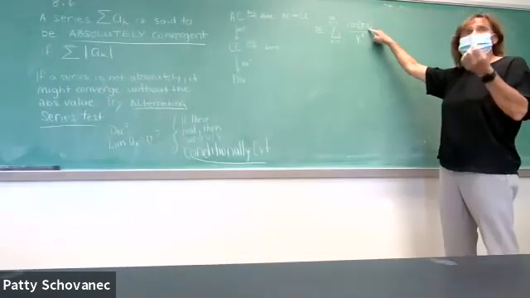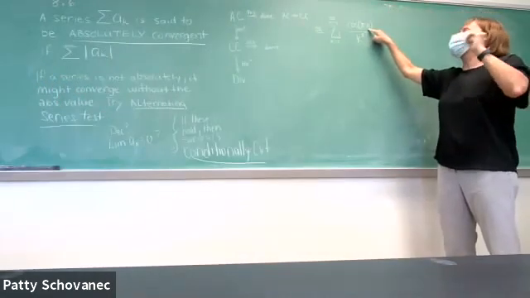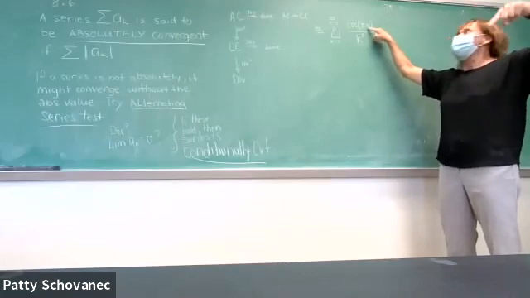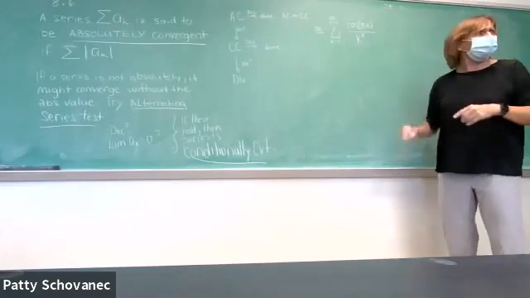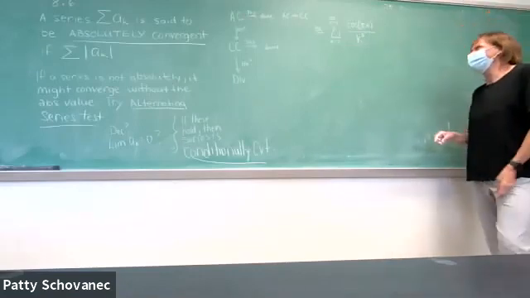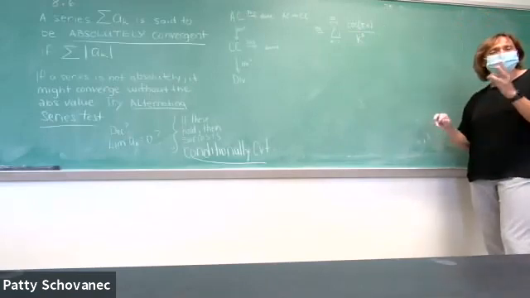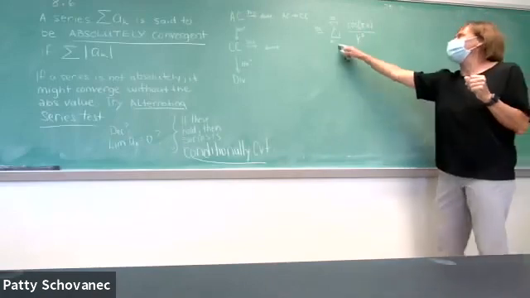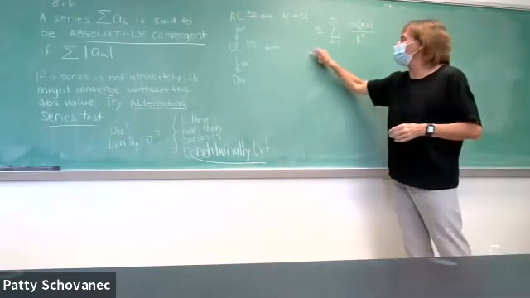When k is 1, I have negative 1. When k is 2, I have 1. Well, it does alternate, doesn't it? So it alternates back and forth. The numerator goes back and forth between 1 and negative 1, depending on what k is. But if we check for absolute convergence,